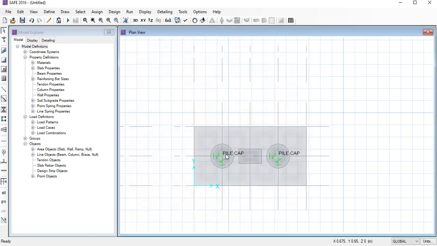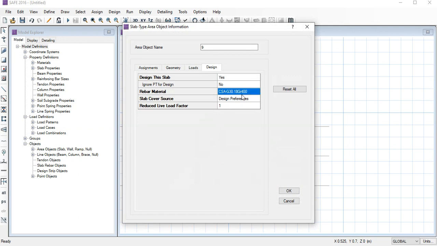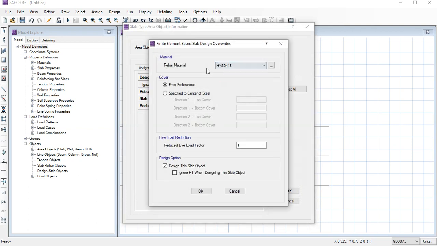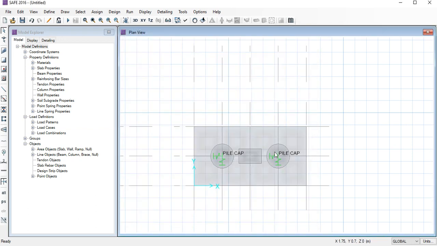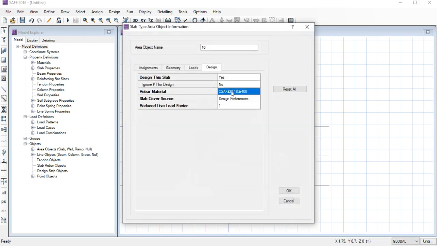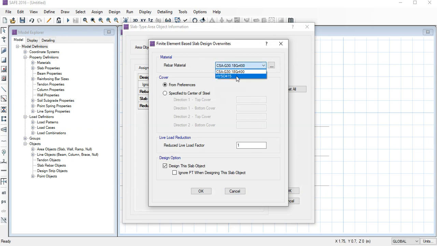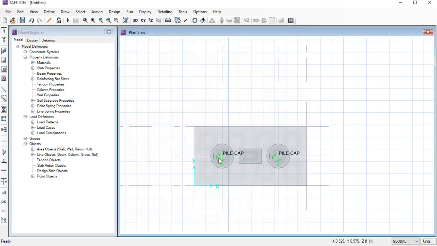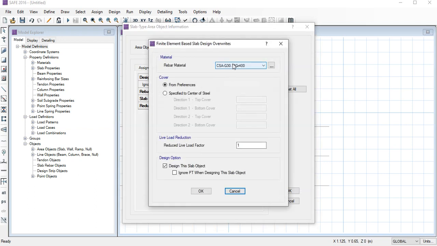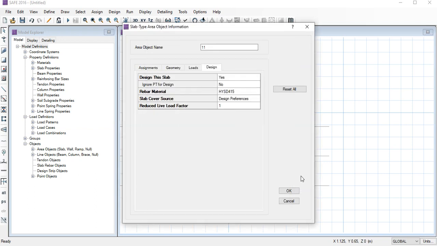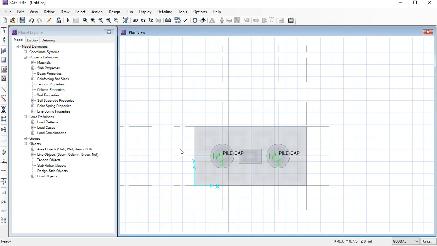I have assigned all the things, but we also need to assign for the pile. So we click Piles, right click on the piles, HYSD 450, and click OK, and this is the second pile. So we will also assign the steel bar on the second pile. Here is the one option, you can click OK. If you need to design the steel bar for the column, we click OK and OK. All the things I have defined.